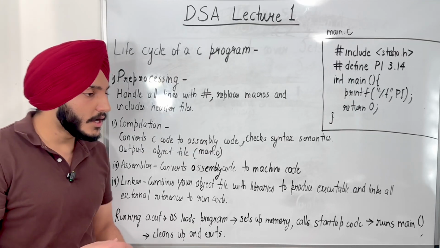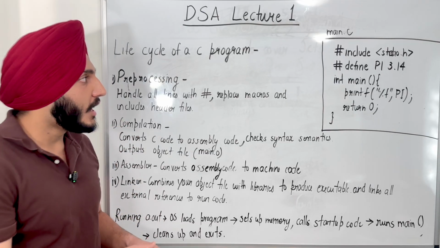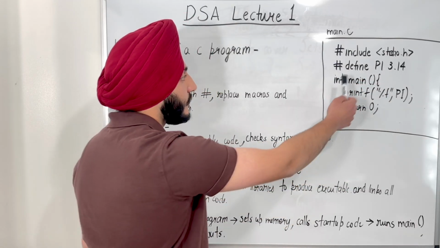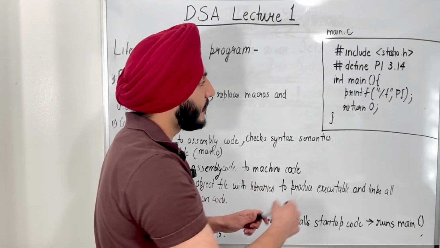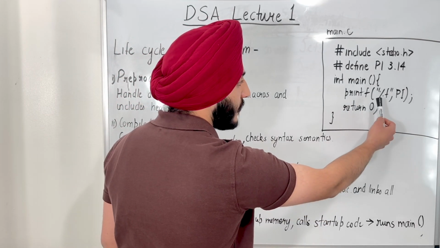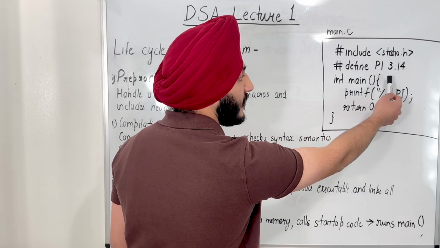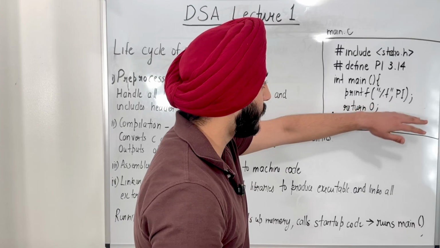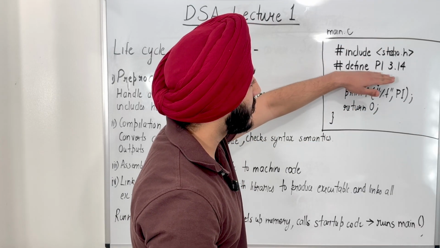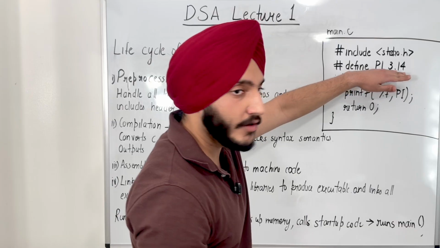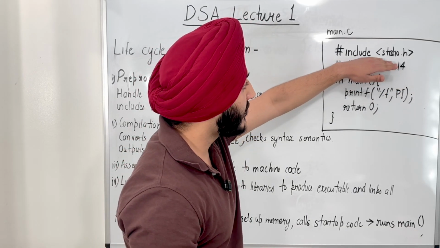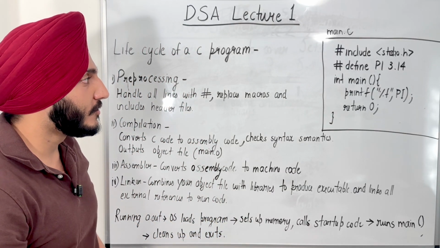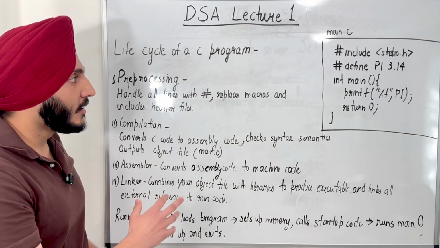Now, I've given this code on this side, right? This is the main.c. It's a very simple code. If you're not somebody familiar with C program, what this is doing is it's printing this pi over here, meaning 3.14. So when you run this code, it's basically going to print 3.14. What this means is I'm defining a variable called pi as 3.14 and I'm including this header file. Really don't have to go into much detail into this one, but let's try to understand what are the steps